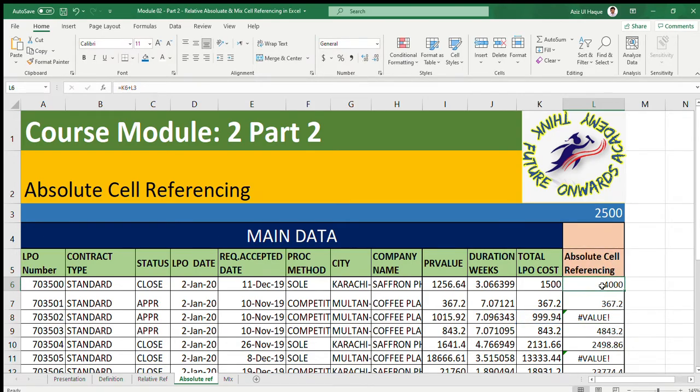Now I want to make it absolute. What do I need to do? When I am copying and pasting the data, equals to total PO cost plus L3, I need to press F4. Now it will make it an absolute value. It will not change. It will remain the same. For example, this one now.